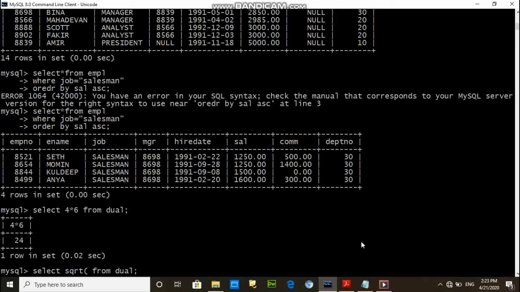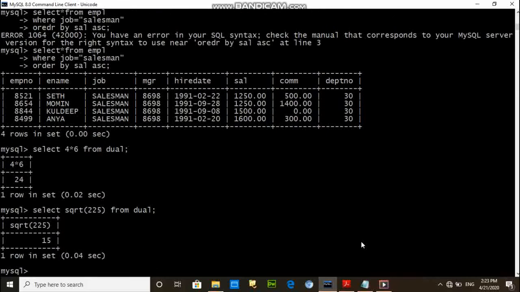SELECT sqrt 225. So this function finds the square root of the given number. We can also find, select lower, from DUAL.